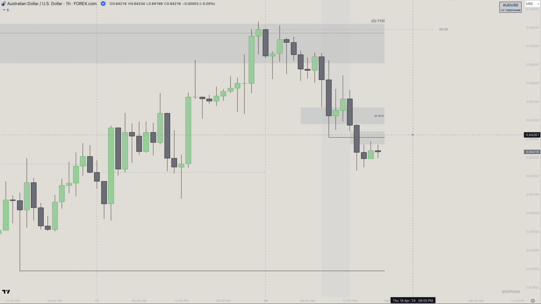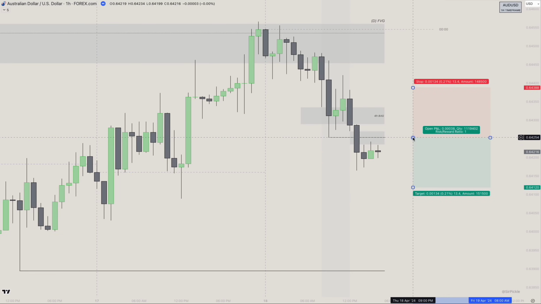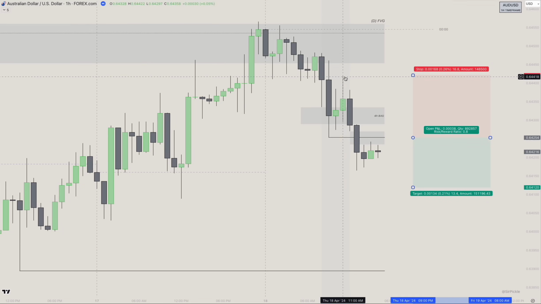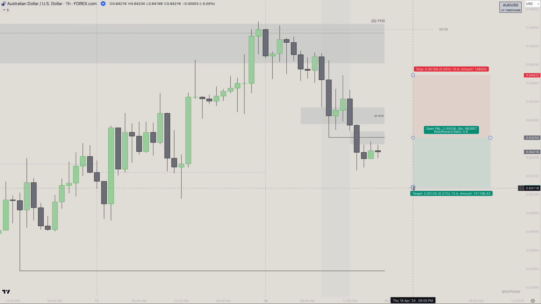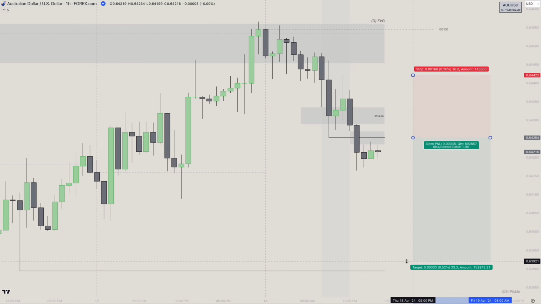So what I did is I set a limit order right here in that overlapping line of defense, overlapping swing low with fair value gap, and I set my stop loss at this swing high of this 1-hour high probability leg. Remember, swing high, swing low with a fair value gap in between, and targeted a strict 2R,